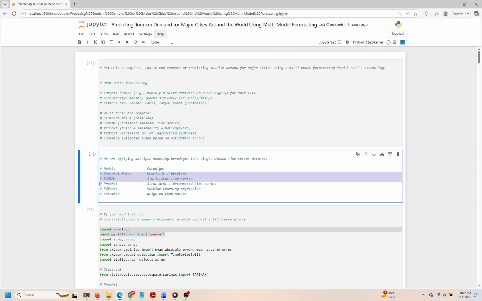overfitting. Next, we turn to Prophet, a model developed by Facebook that uses structural and decomposed time series techniques. This model excels in handling seasonal effects and holiday effects, which can be crucial for demand forecasting in certain industries. Then, we introduce XGBoost, a machine learning regression model known for its high performance and efficiency. XGBoost handles nonlinearity well and can improve accuracy substantially, though it also introduces complexity, especially in terms of feature engineering